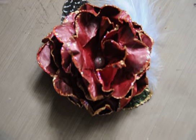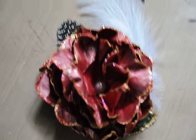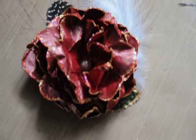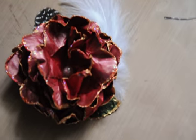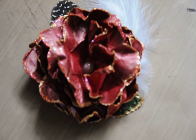I open them, and then for this one I used a script stamp. I stamped the front and back, and then I used a brushed corduroy distress ink by Ranger, brushed that all around, and then I used some acrylic paint, which I absolutely love. You can get that in the artist section at your local craft store. And I put that all around the edges of the flower, and I adhered that with my glue gun, of